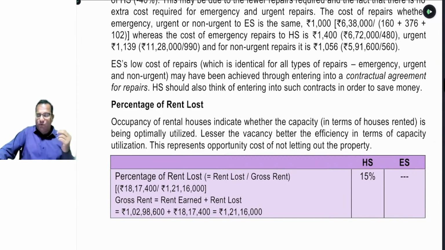डिनोमिनेटर को. फिर द सेकेंड पॉइंट इज एवरेज रिपेयर कॉस्ट पर हाउस पर वीक, और पर वीक क्यों लिया बेटा? कैन यू प्लीज प्रोवाइड मी द लॉजिक? I already told you the logic of per week. Can you please repeat that logic to me? Why have we taken the denomination of per week in case of employee cost also, in case of repair cost also?